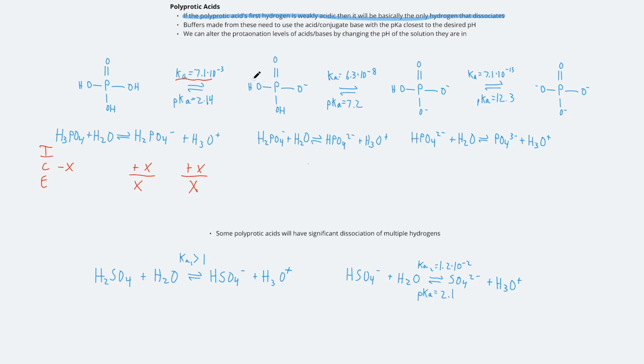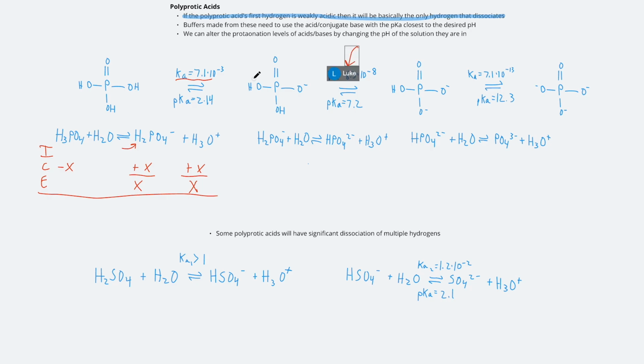So if you're ever asked to calculate the pH of a polyprotic acid and it's a weak acid, just do your ICE table and then you would be done. Now you may be wondering, well, what happens to the hydrogens from the H2PO4- that can further dissociate? And if you're thinking that, that's a really good thought, but the reason that we don't count those is because